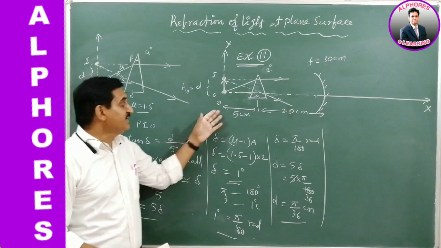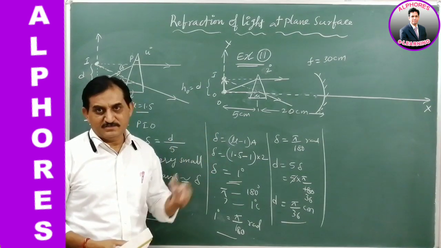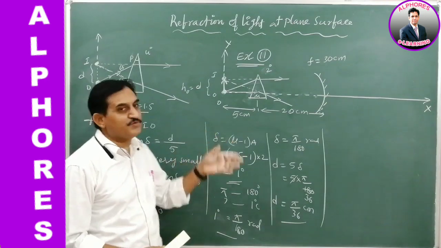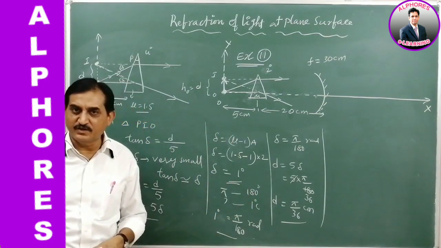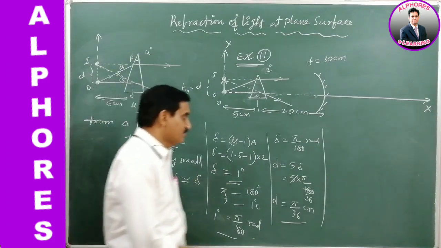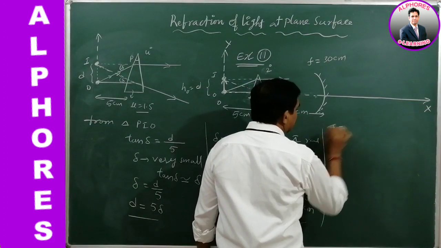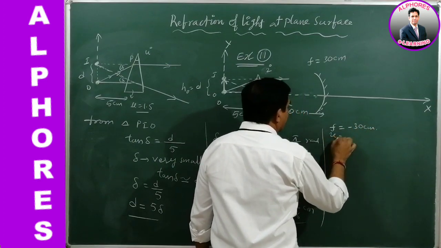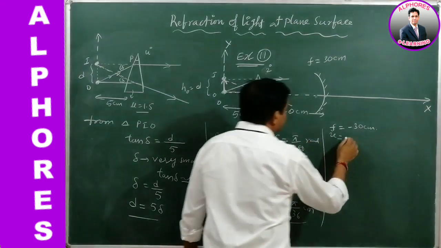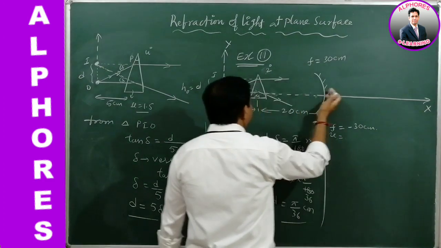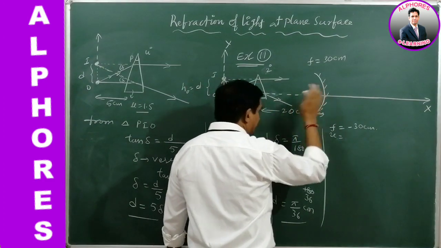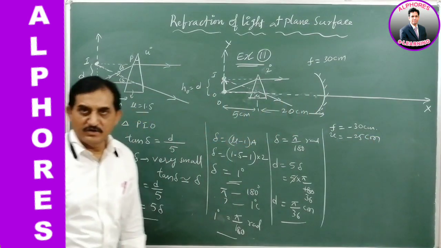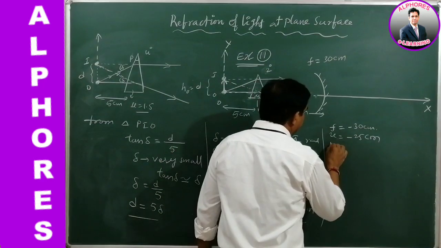Now the focal length is 30 centimeters, the object distance is 25, means it is kept in between the focus point and the pole. Means the object distance is less than the focal length. What does it mean? It is within the focus, therefore definitely it is giving a virtual image. Let us find it. So here the focal length f is equal to how much? Minus 30 with sign convention, and u is how much? 20 plus 5, 25, but it is real, it serves as a real object, therefore minus 25 centimeters. Then let us find the v value.